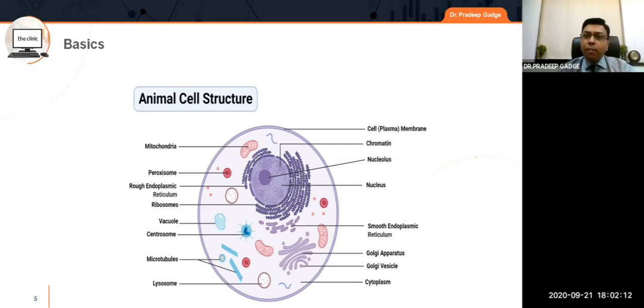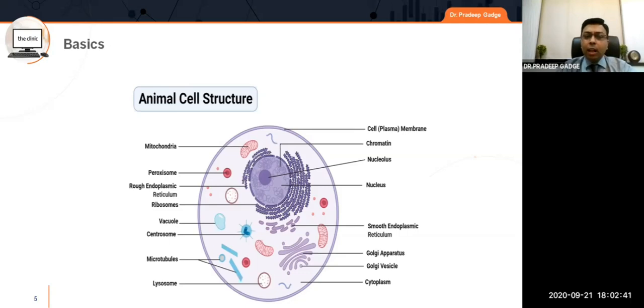Now, whenever we say SGLT2 inhibitor or DPP4 inhibitor or beta blocker or whatsoever, we fail to understand what exactly this drug is, where exactly this drug acts, and what exactly a receptor is. So one of the attendees had requested me to start from the very basics. So I'm starting from a very basic thing. We'll straight away go to the animal cell structure.